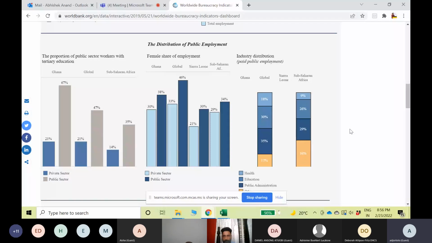My name is Deborah. For females, the public sector is more flexible than the private sector. That is probably why the rate is higher. And flexible in terms of leaves. Okay, it seems the data is showing that.